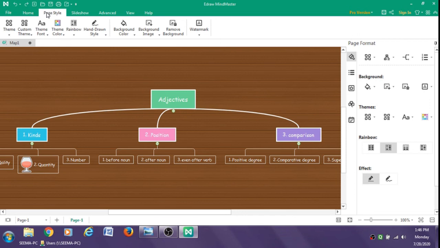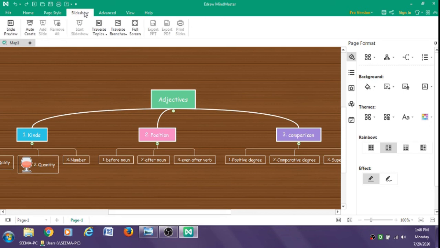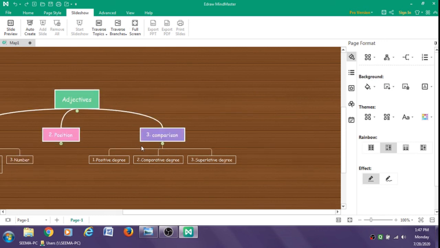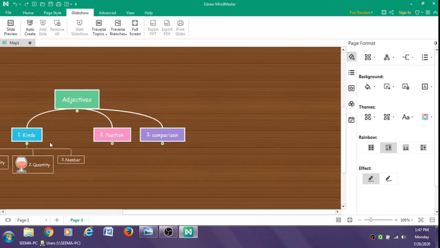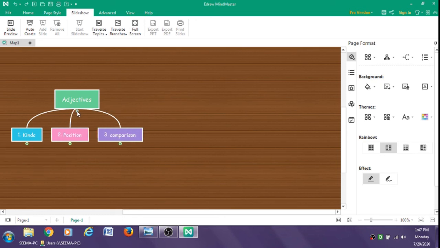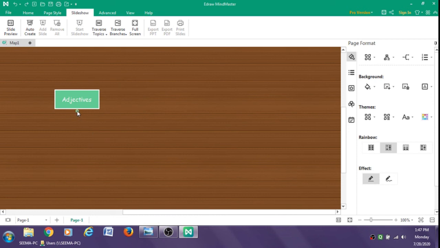Further, you can also change it into the PowerPoint presentation by clicking on the slideshow button. For this, for every subnote or note, you just click on the negative sign starting from the last one and coming to the central one. So when you will present it in your PowerPoint presentation, just go on clicking the plus buttons.